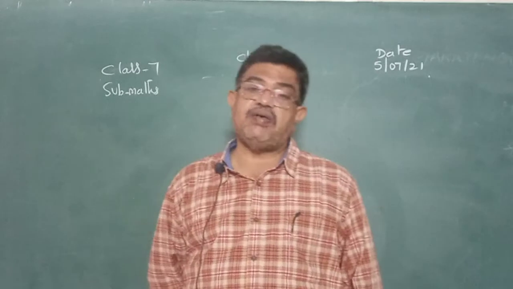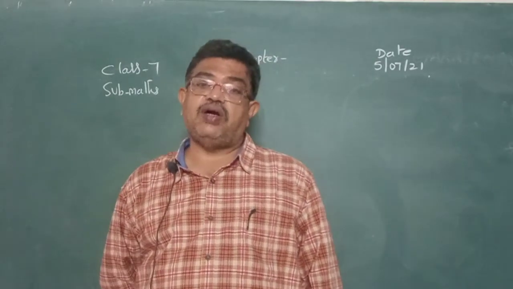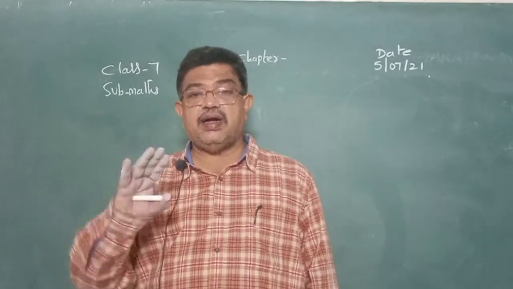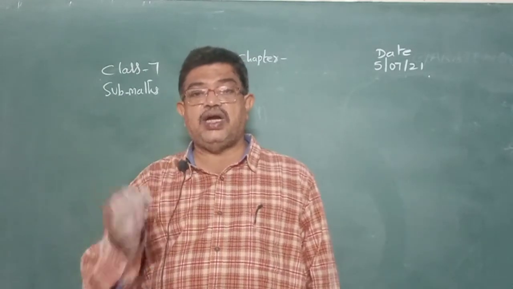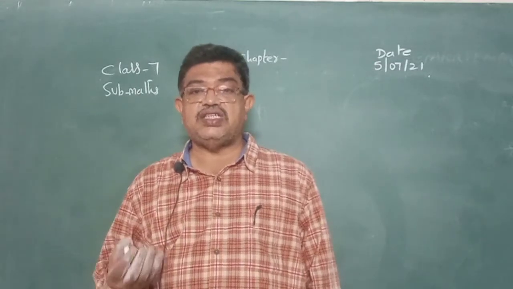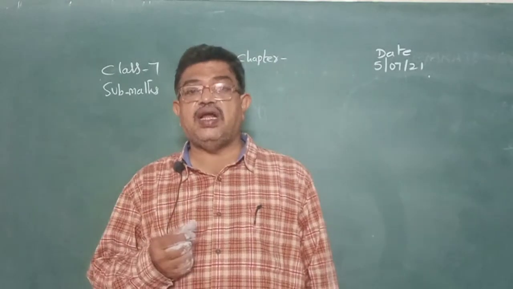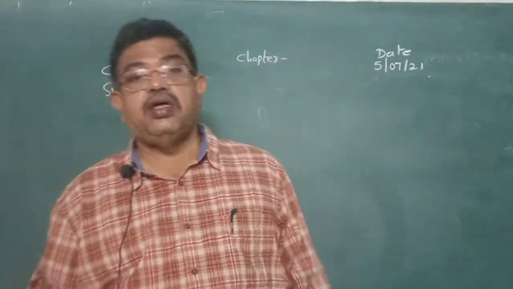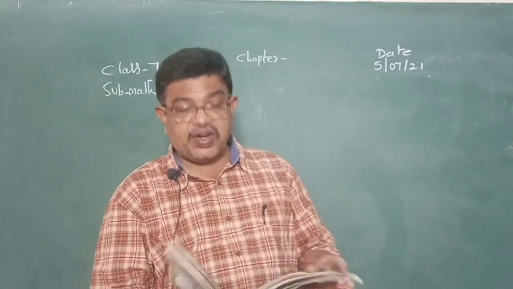3 1/2 is 7/2, 4 3/4 is 19/4. To add those two fractions, what did we take? We took the LCM of the denominators, and converting the fractions into like fractions, we added the numerators. We got 33/4 as the fraction, which is an improper fraction. Again it is represented in terms of a mixed fraction. 8 1/4 kgs is the total weight of the fruits. So like this we are continuing the second chapter, which is fractions and decimals.